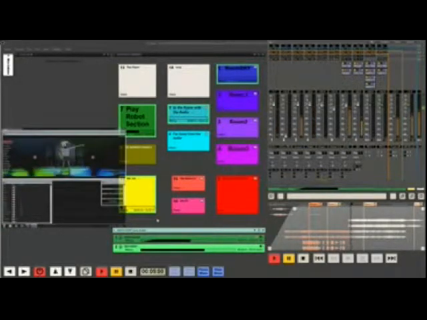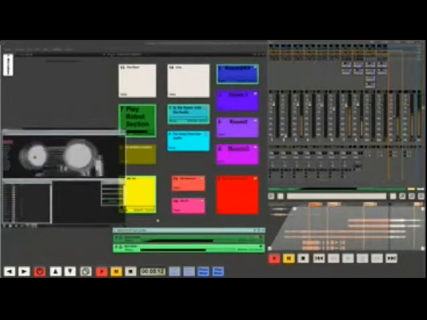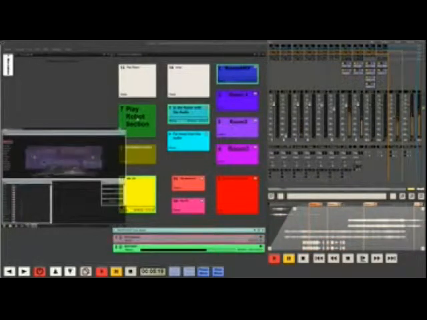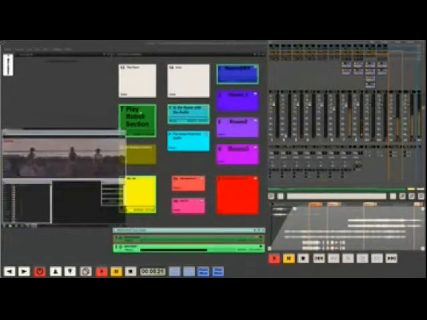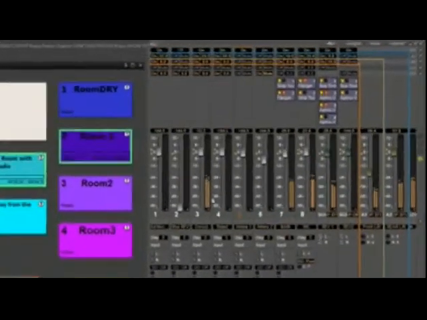Because we're in Ovation, we can start doing some more interesting things than what could just happen with a simple playback of audio, which is fine, but to create interactivity, we need to be able to amend both the video and the audio on the fly. So I'm just going to stop that robot section, and I'm going to play it back again. This time I'm going to put it into a room. I'm actually going to add a reverb. And we can see here that my reverb 1 is now getting